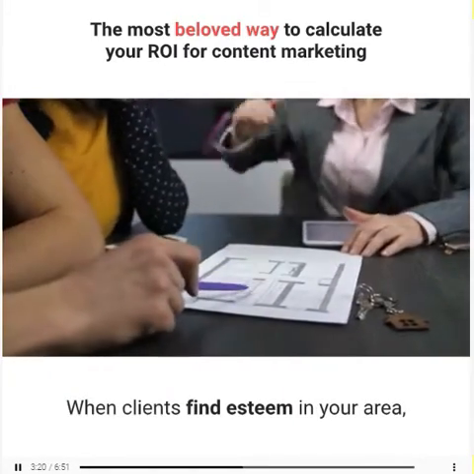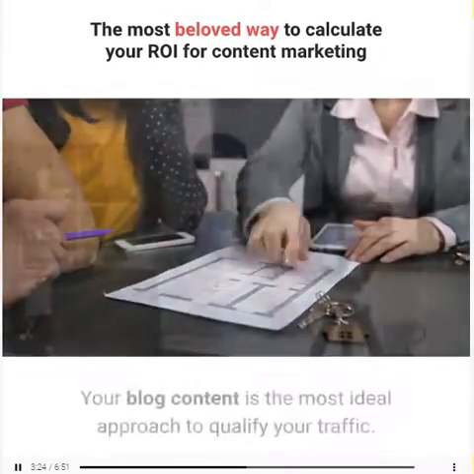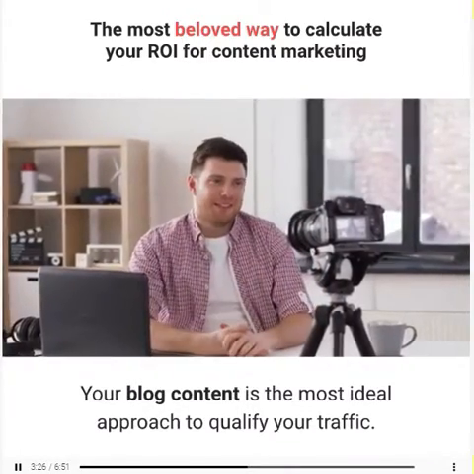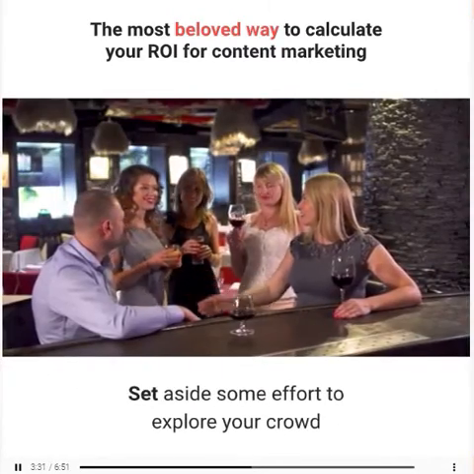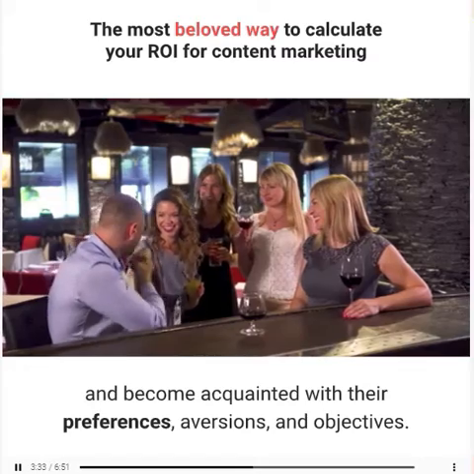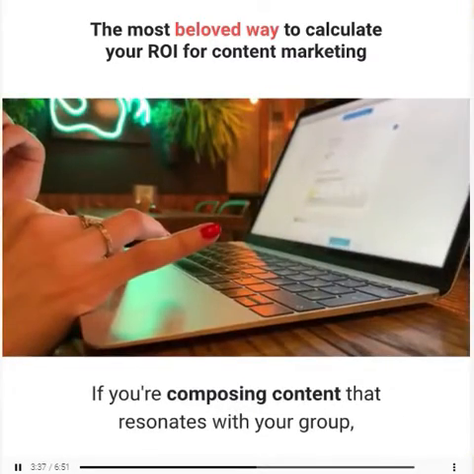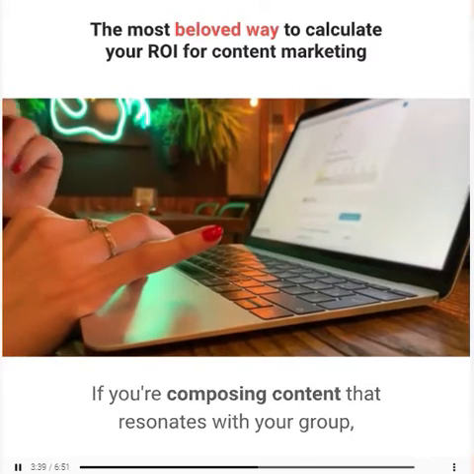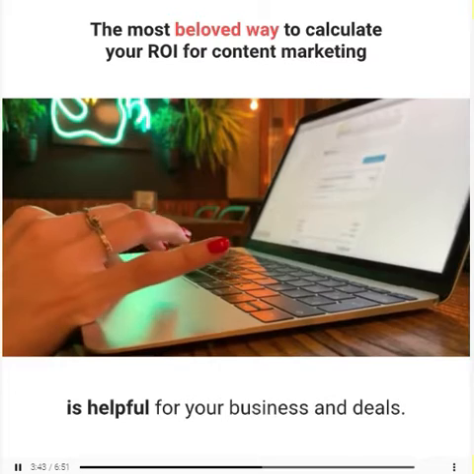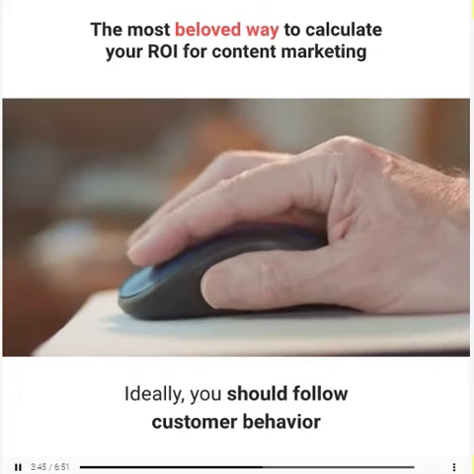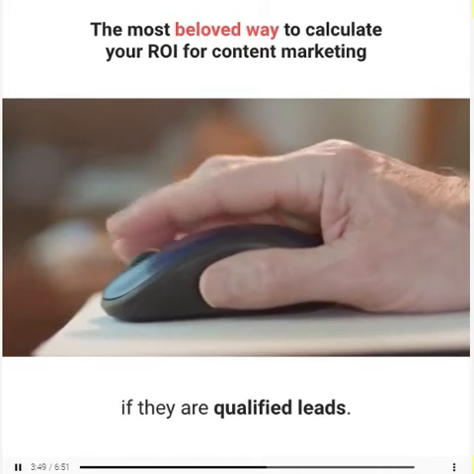When clients find esteem in your area, they are probably going to invest more energy perusing. Your blog content is the most ideal approach to qualify your traffic. Set aside some effort to explore your crowd and become acquainted with their preferences, aversions, and objectives. If you're composing content that resonates with your group, an increase in site traffic usually is helpful for your business and deals. Ideally, you should follow customer behavior after clicking on a particular post to determine if they are qualified